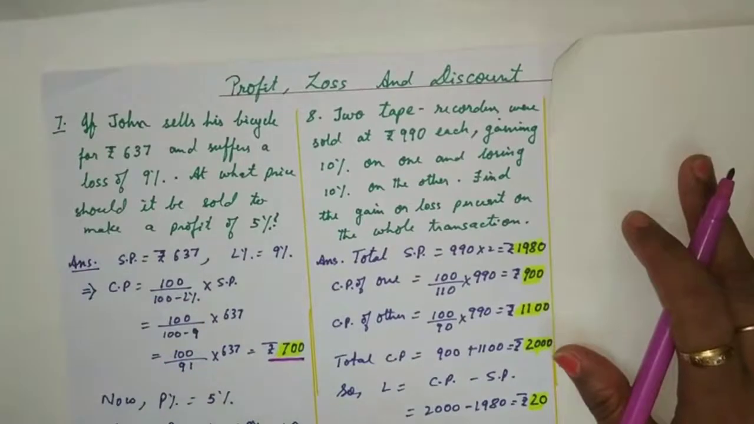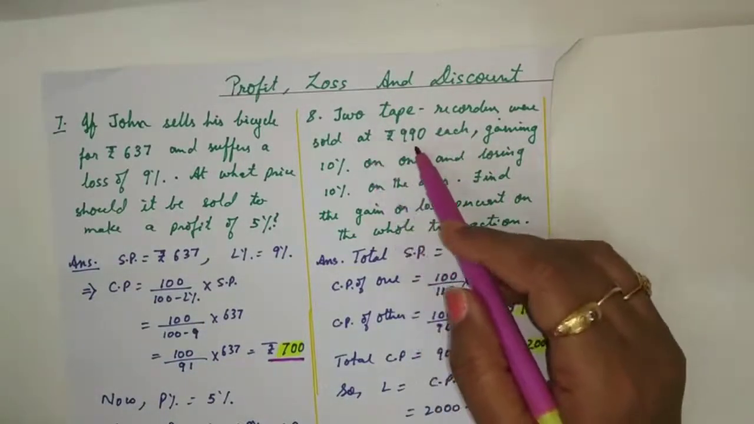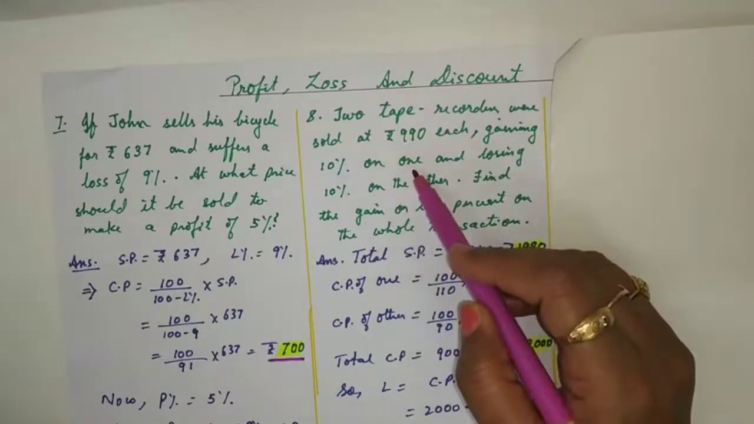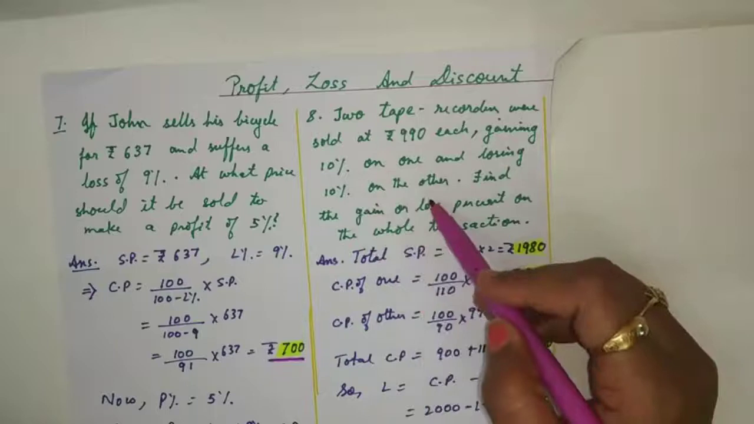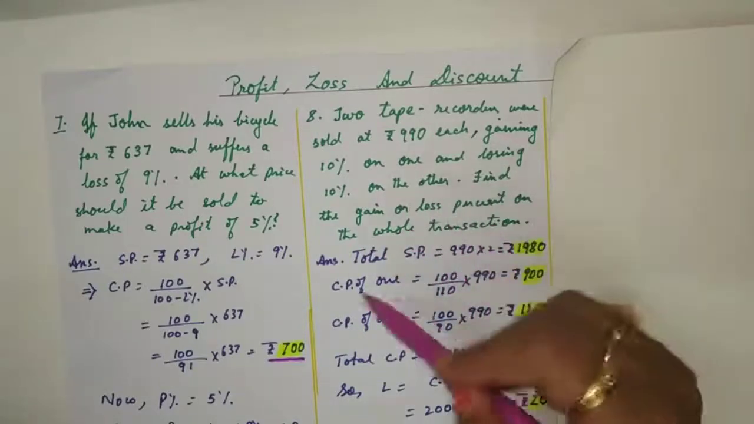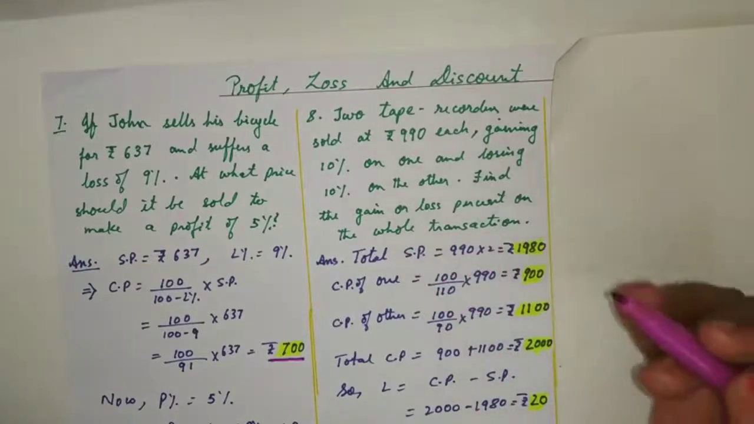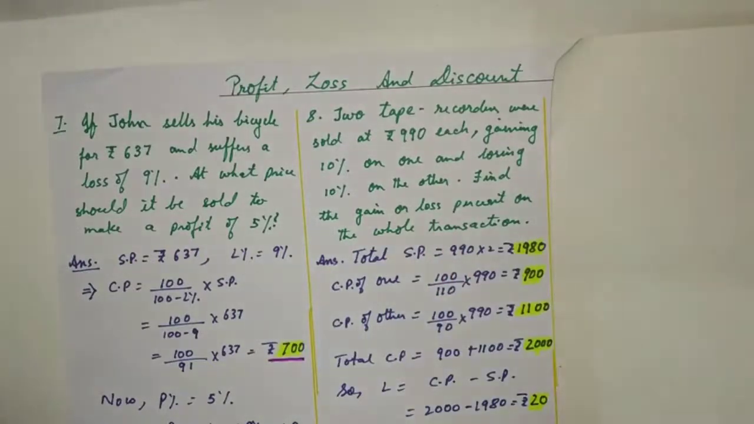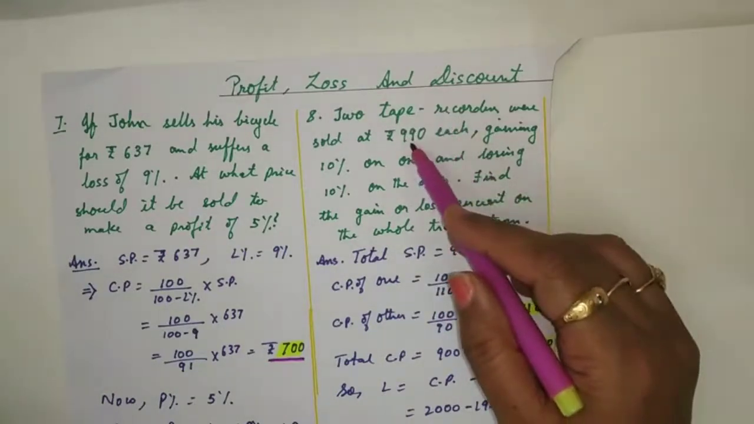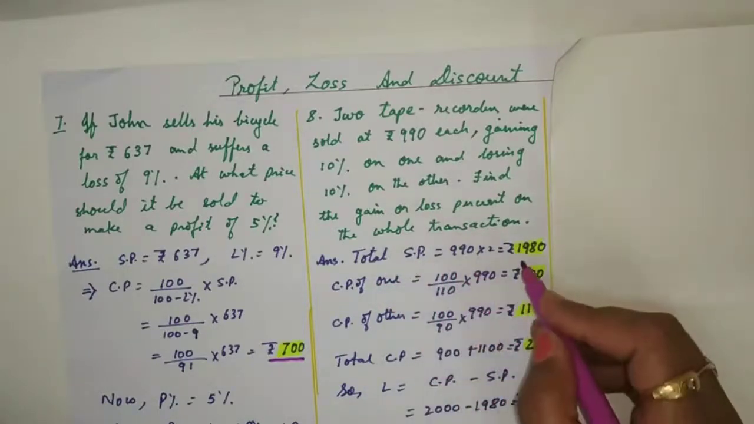The next question. 2 tape recorders were sold at 990 each, gaining 10% on one, losing 10% on the other. Find the total gain or the loss percent on the whole transaction. How much did he gain or lose in percent in the whole transaction? According to the question, there were 2 sold at 990 each. So our total SP should be 990 into 2, that is